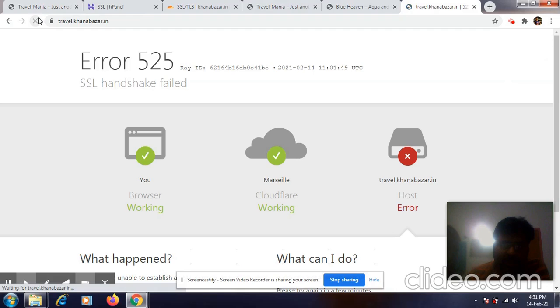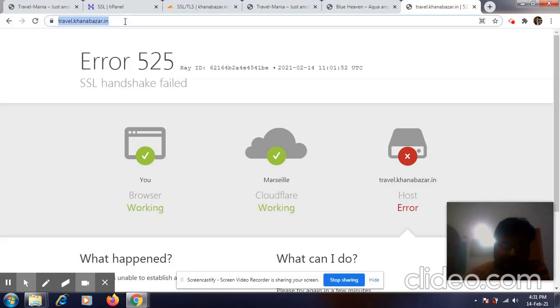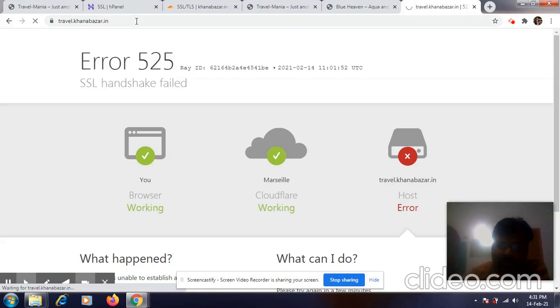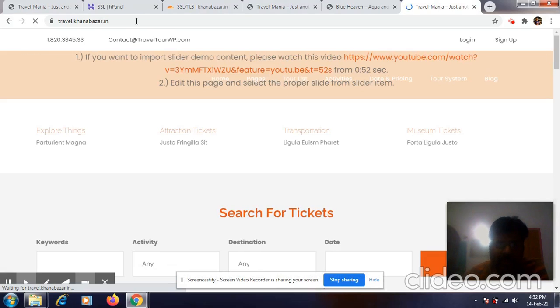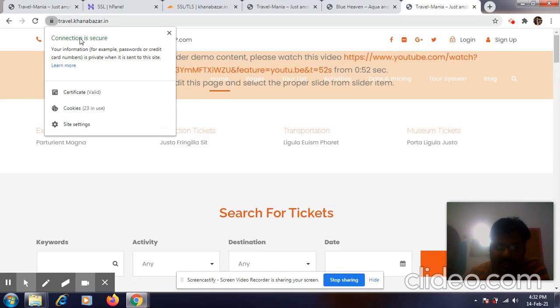It will take about 1 minute. Yes, if you check now, travel.khanabazar.in is up and the connection is secure.